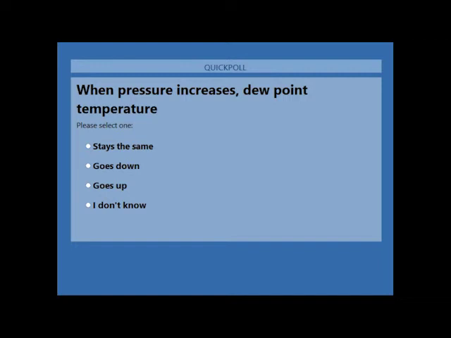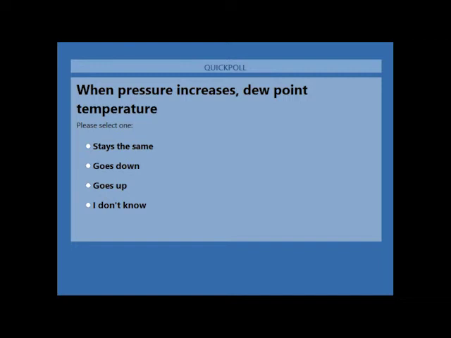When pressure increases, dew point temperature stays the same, goes down, goes up, or you don't know. Give it a few more seconds. Folks are still pondering the question. All right, everybody who wants to has chosen an answer, so I'll go ahead and close the poll, the quiz,